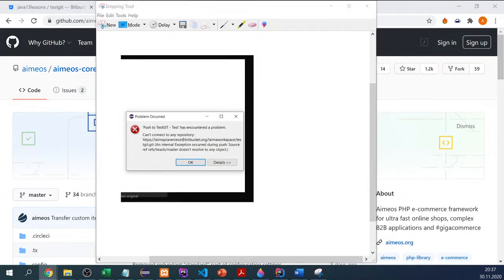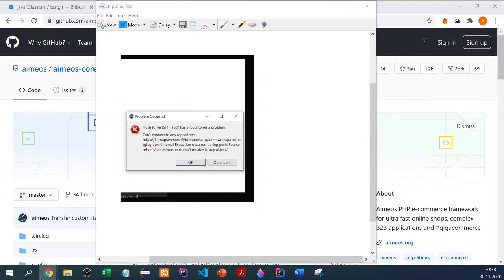This means that I think you need to check the password. Actually, you say that Bitbucket did not ask to create the password, but I think the password will be the same as